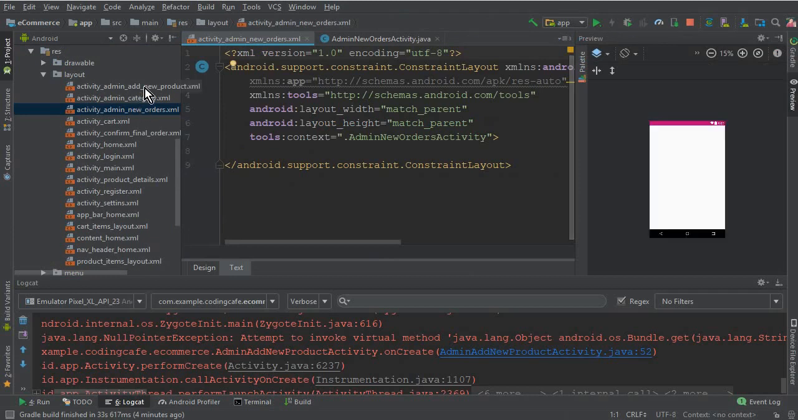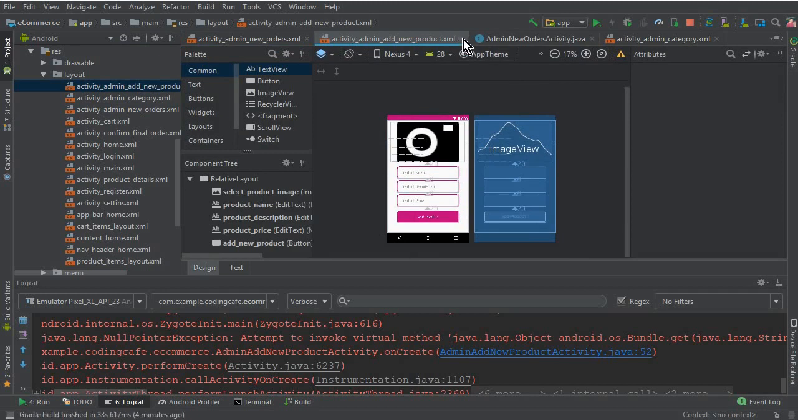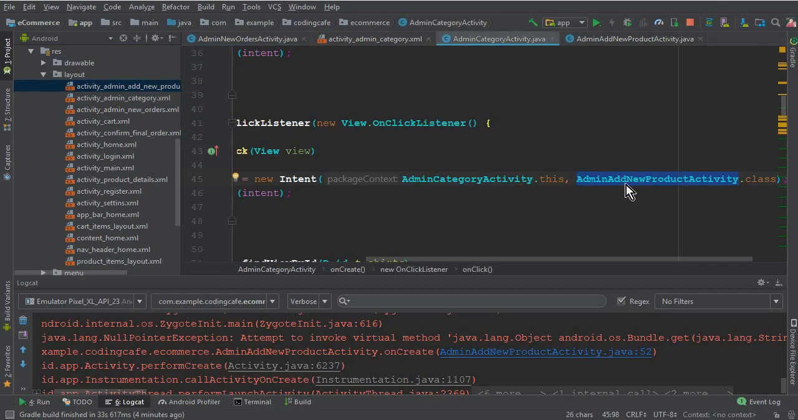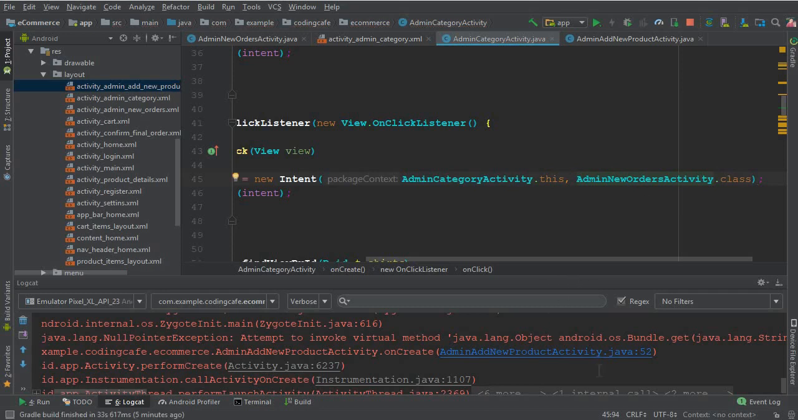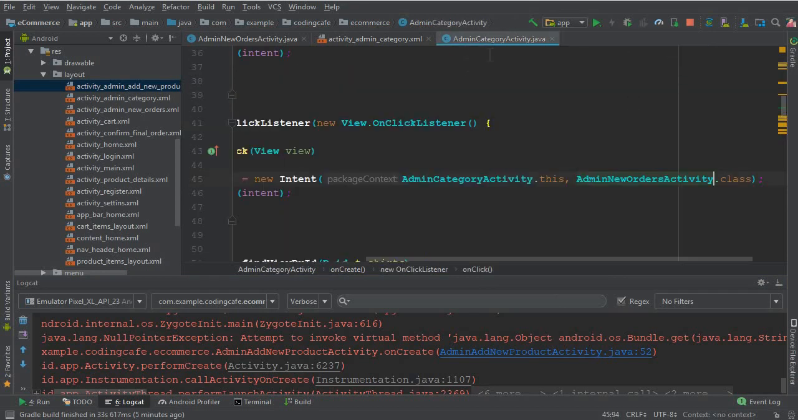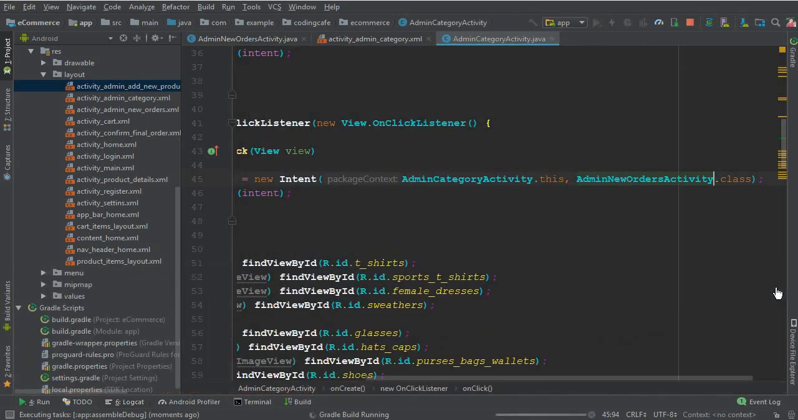If I show you, this one, this is basically this activity, and we are not sending the user to this activity, we are sending the user, I just got confused on this name, and that activity is basically our new activity, which is admin new orders activity and not the product. Okay, so we can say admin new orders activity and not that one, because on this activity it retrieved the category name. So we are not sending the user to the add new products activity, we are sending the user to the admin new orders activity. I'm really sorry for this mess. So now let's run the app again,